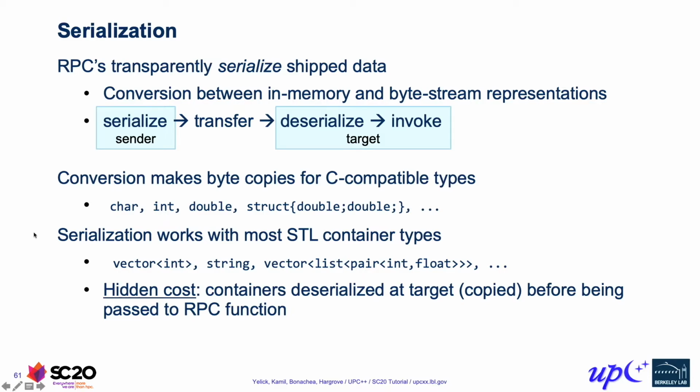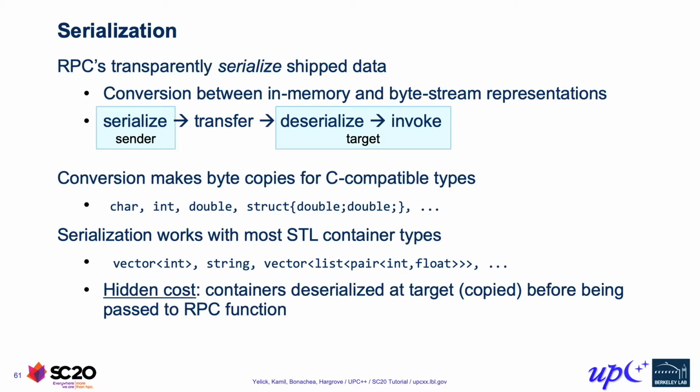For more complex types, we actually provide an interface for specifying how that serialization should happen. For common STL types, we provide serialization built in, so things like vector, string, list, as well as nestings of these. And we also provide a mechanism for users to specify how serialization should work on their own containers. And the user has a choice of either doing a byte transfer, or specifying that a certain set of fields should be transferred, or specifying that a certain set of values should be transferred and a constructor invoked on the remote end, or even full-fledged custom serialization and deserialization routines.